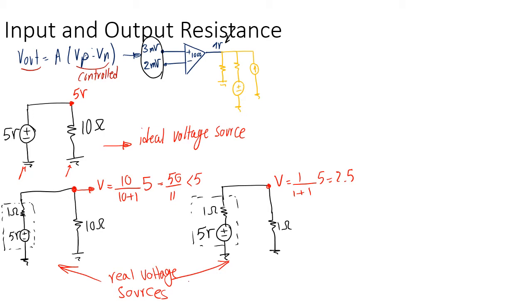And the reason is that if it is not, then we're going to have problems. The voltage source is not going to be the voltage source that I know, because the voltage source that I know always makes sure that the output of the voltage source is always 5 volts. But in this case, if I have an internal resistance of 1 ohm, it depends on what I connect to it, right? If I had 1 mega ohm here, so let's say the same voltage source with 1 ohm internal resistance,